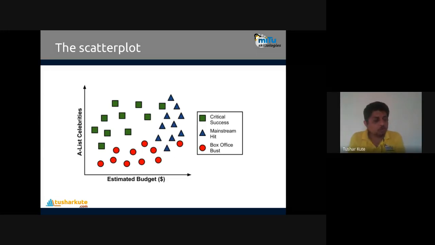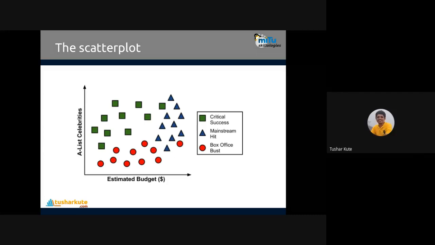The red circles are box office bust, green squares are critical success, and blue triangles are mainstream hit.